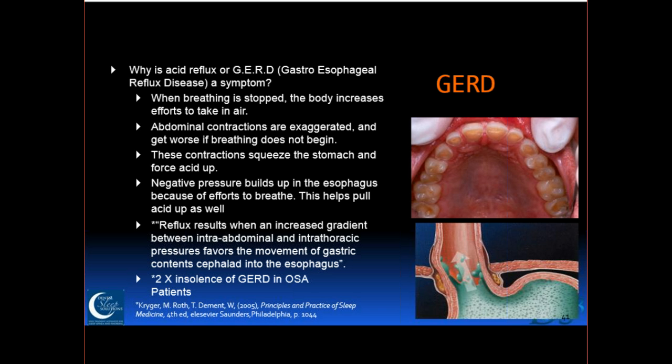I can tell you this, we treat the apnea with the mandibular advancement device, and oftentimes nocturnal GERD will be alleviated, completely eliminated, or at least improved. And what's the relationship there, Rich? Do you want to explain how the acid and OSA are related? I have no idea. You have no idea?